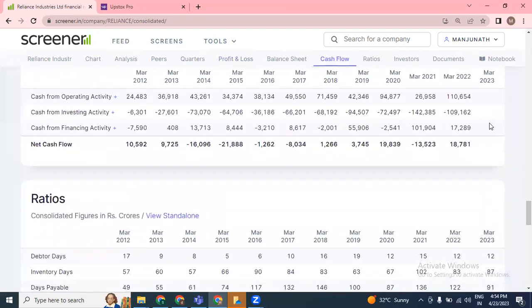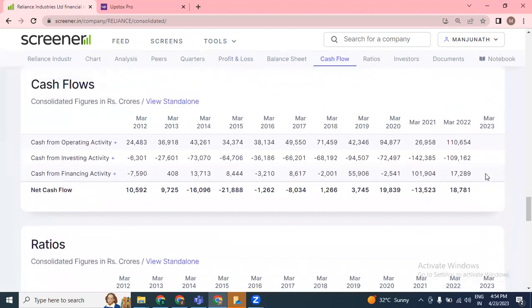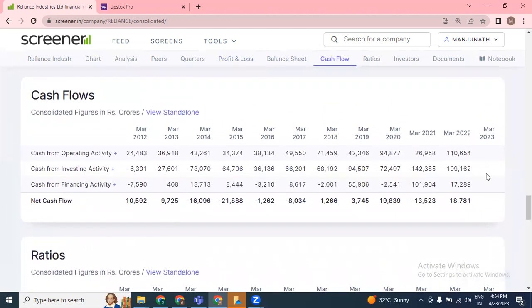Coming back to cash flows, they have not updated the cash flow yet. The actual cash flows will show the cash transactions against their profitability, against their net revenue, and whether payables are on time. Everything will be reflected in this cash flow.